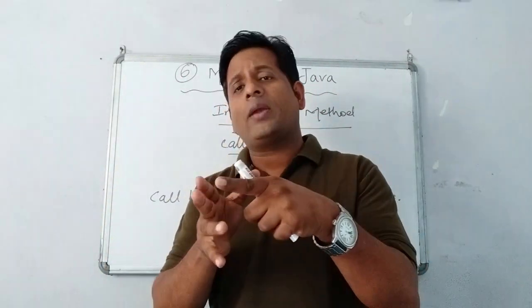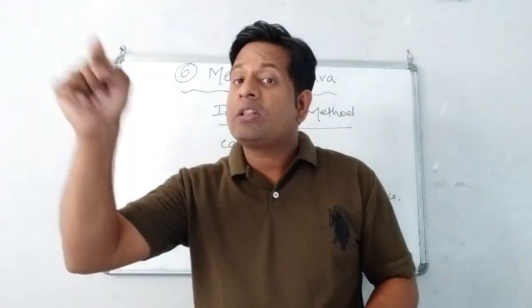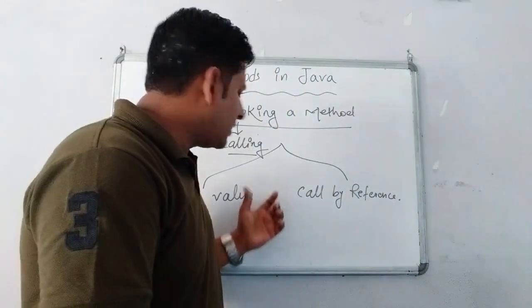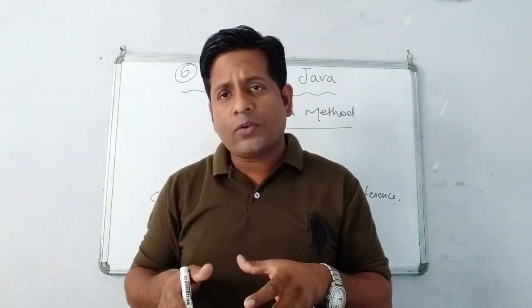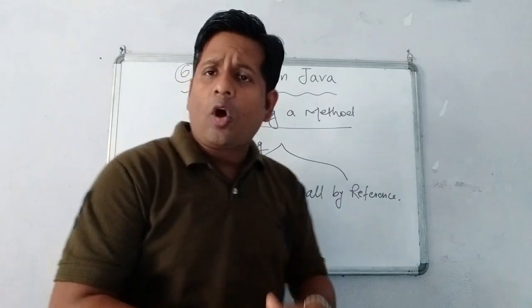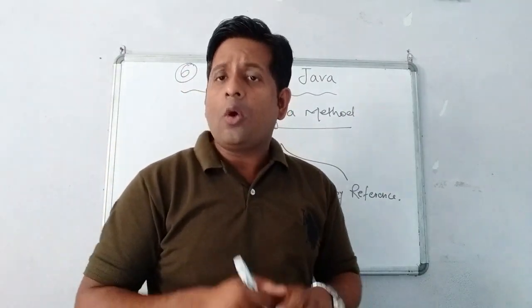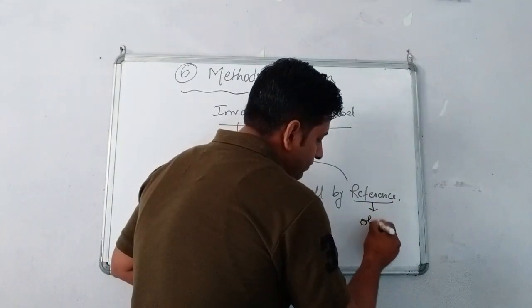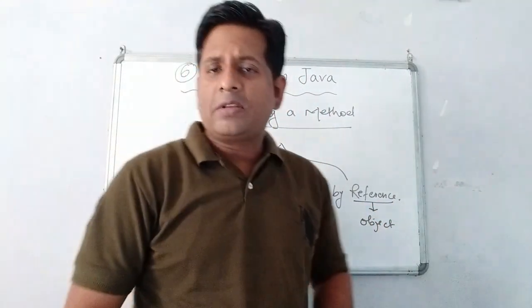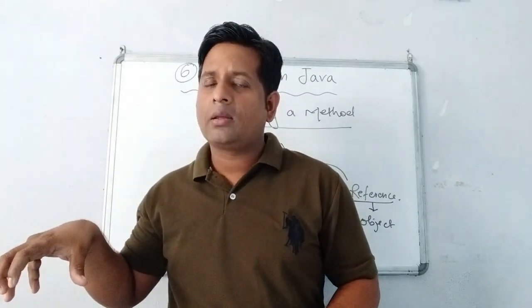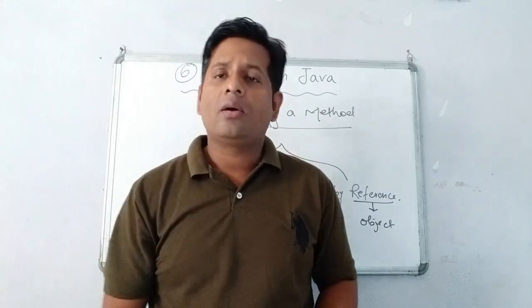Again, through reference also you can point. Like you can say, I want to eat that fruit. That means you are pointing to that particular fruit that you want to eat. So here also children, the same thing. In case of value, directly we can call the function by the value, by the name. And in call by reference, we can call the functions or methods with the help of a reference. Now, this reference can be an object. Means through an object we are calling the functions, not directly. Through someone. That is called call by reference.